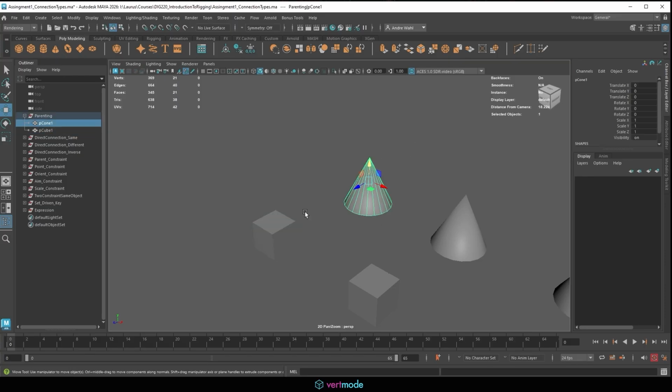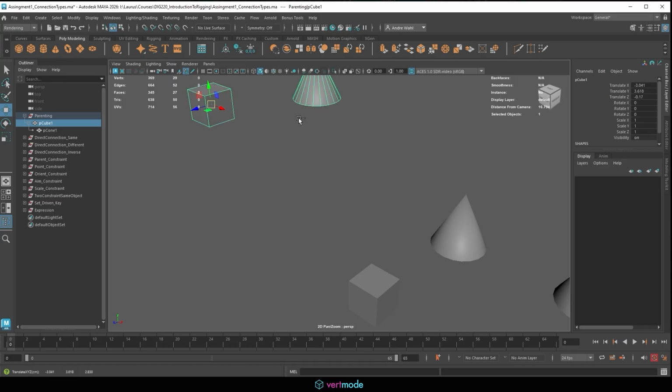We could select the cone, shift select the cube, and hit P, and you'll see that will parent. This is going to be the way that I will be parenting, just so you guys know. It's the fastest, most efficient way, doesn't really require the user interface, but it does require a bit of confidence in what you are doing. So I do like to show the middle mouse drag method. There's one other way I'm going to show you guys that I also use a lot, but you'll see it's